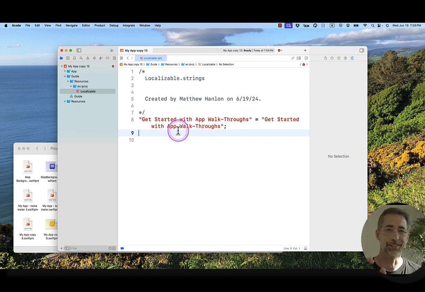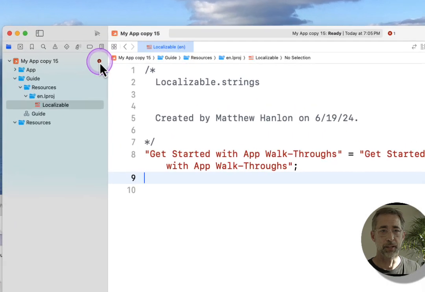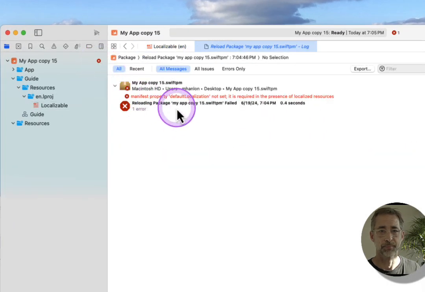Now, just a disclaimer, my localizations for my walkthroughs are not working 100%. Sometimes you have to toggle the author debug mode. So you might have to go to settings, playgrounds. There is a toggle that you can turn on and off. I'll show you where it is on the Mac in just a second, on the Mac version of Playgrounds. But as I added this file, if I go tap on this X,